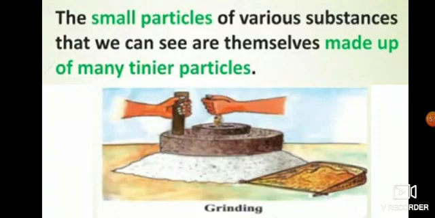Wheat, rice, jawar, bajra, all these things were ground at home itself. So we can make wheat flour, rice flour, jawar flour, bajra flour, many things. All the wheat and the rice particles we grind. We have seen wheat, we have seen rice. So what happens? We grind them. We try to make that powder.